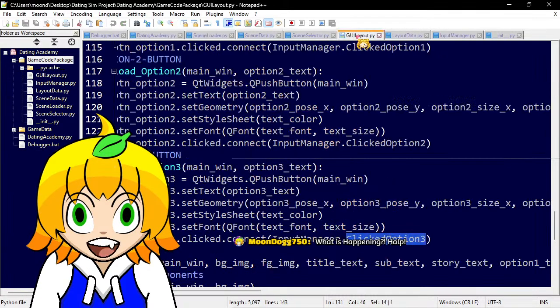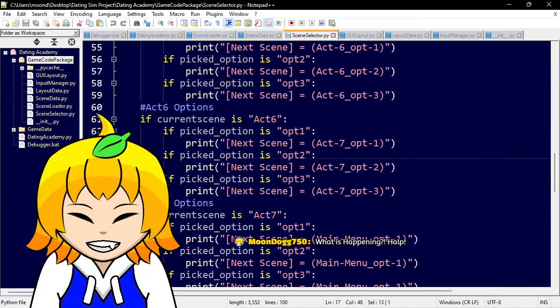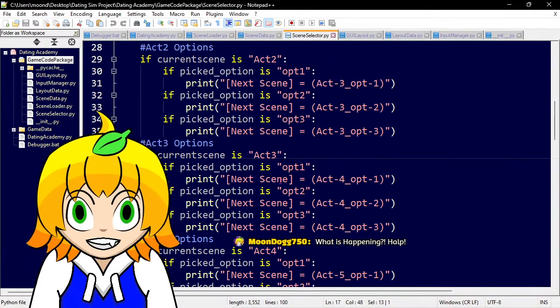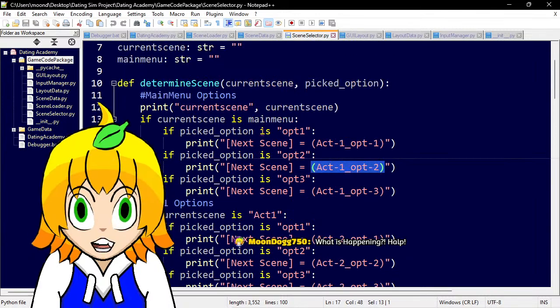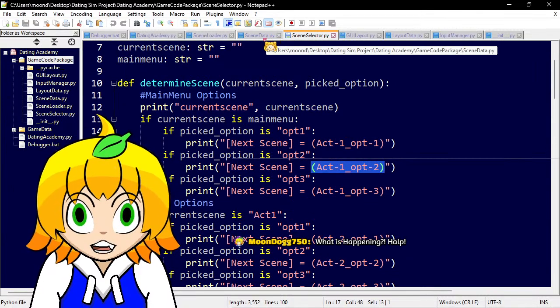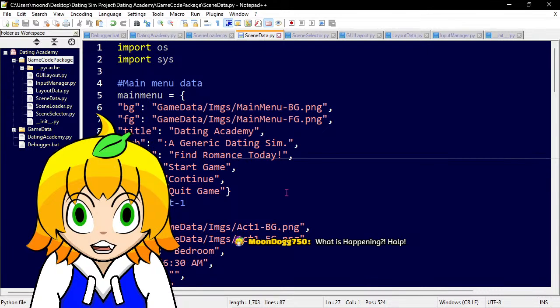But that's where I'm struggling: the clicked option goes into scene loader, tells it what our option was, then that with the next scene data from something. I can't even remember where that comes from anymore. It gets determined here, then eventually that has to go back into scene data and call the next scene because we clicked on something.